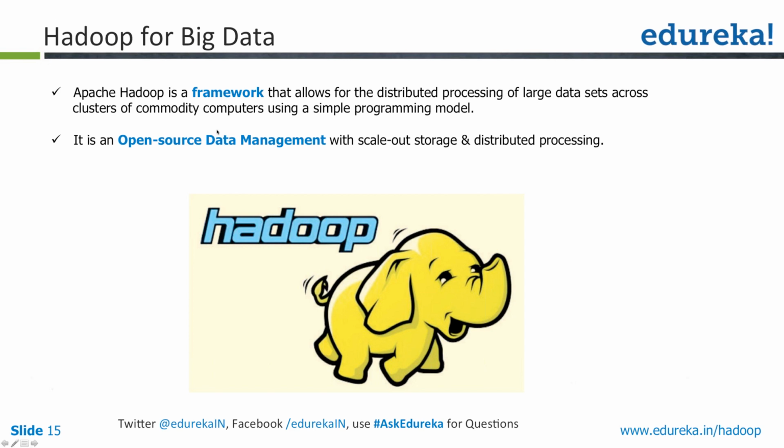So let's move on and understand the Hadoop ecosystem, and this will give you more understanding of where you will fit in. As I said, Apache Hadoop is a framework that allows distributed processing of large data sets across clusters of commodity computers using a simple programming model. Now, there are two things we've talked about here: clusters of commodity computers and a simple programming model. These clusters of commodity computers are used to store your data, and this simple programming model, which is called MapReduce, is for analyzing this data and retrieving that data back. It's an open source tool, so you don't have to pay heavily for licenses.